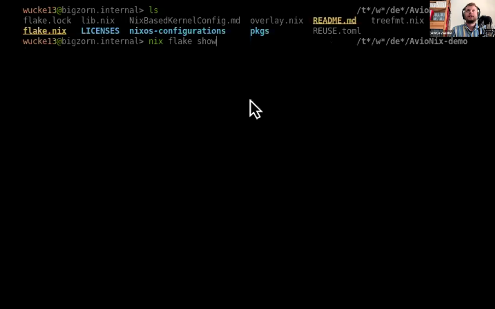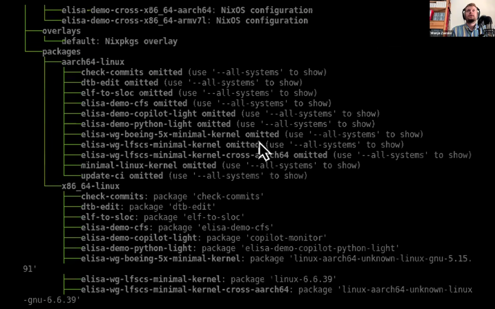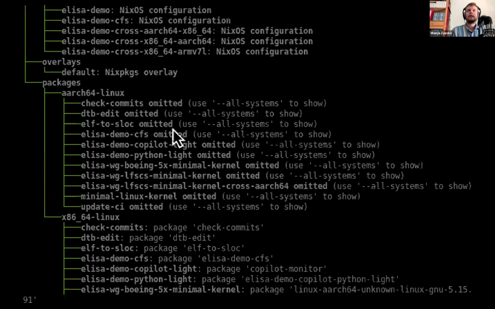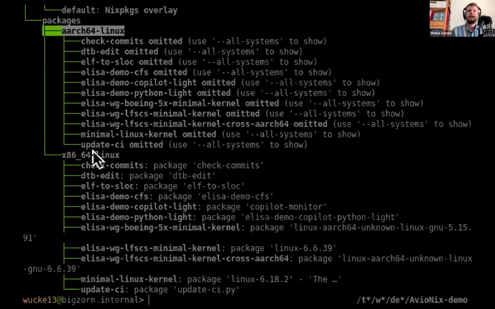Nix has a command for this, nix flake show, and this provides us with a list of different things that we can build. In particular, the most interesting thing here for us now is the packages, which are separated into different build system architectures. And for example, we see here on the x86-64 Linux platform, we do have a package which is called ELISA demo Python Lite.